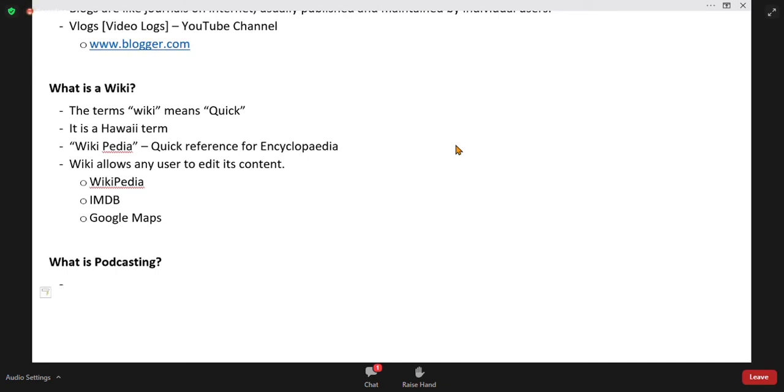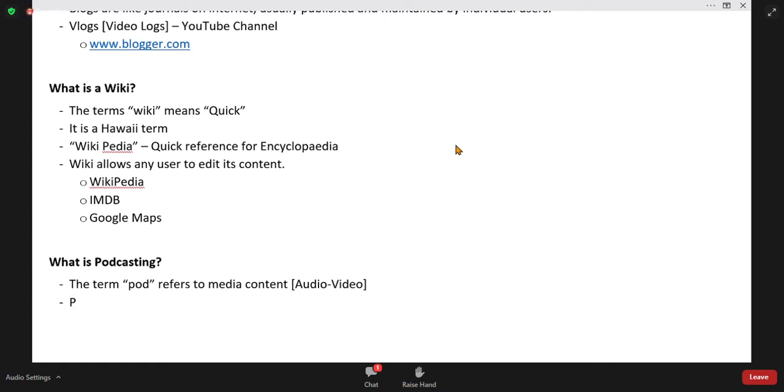Actually, the term pod refers to media content. That means audio and video. It refers to audio and video. The term pod refers to audio and video, media content actually.